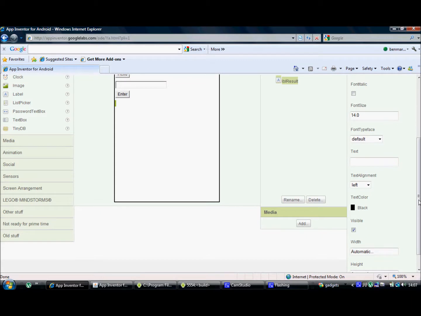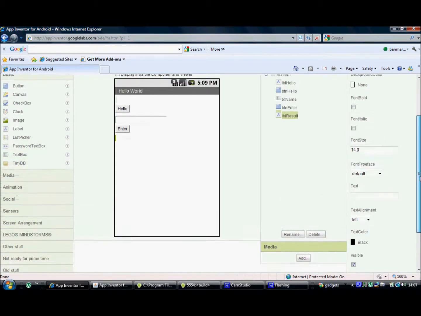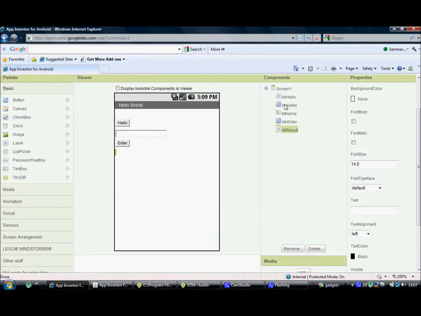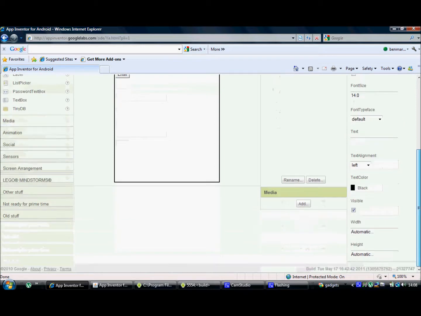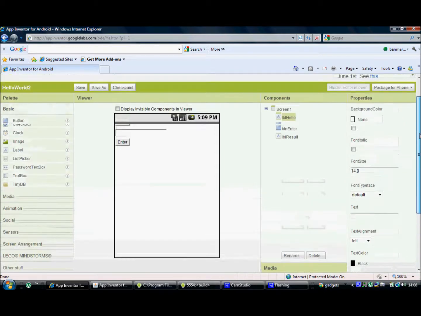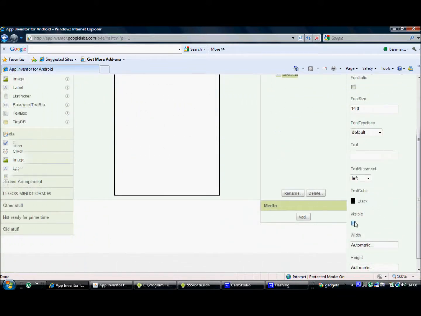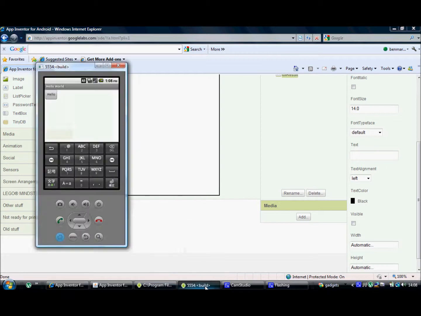Now when the program starts, the only thing that we want to be visible is button hello, because that's all we need to start off with. So what we need to do now is go through and uncheck visible on every other component. Once that is done, you will find that on your emulator your screen should look like that. So we do only have the hello button showing,